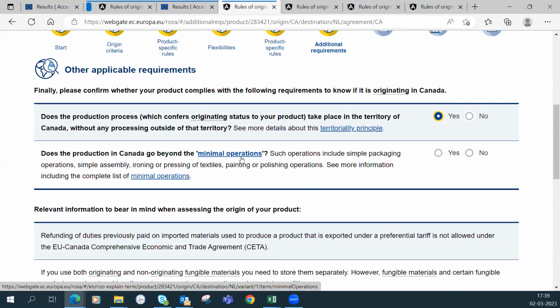You always need to check that what you have done goes beyond minimal operation. Minimal operation is operations such as simple packaging, etc. You go there, and again, you will see the full listing of the minimal operations, but you always have to check that you are sure that you go beyond minimal operation. For the sake of time, I will say yes.